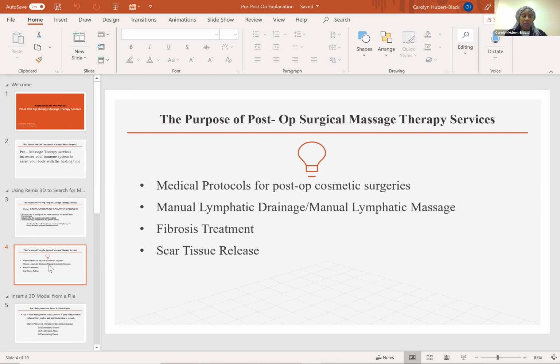What they did, because you would think that they would just reopen up the incisions and drain it out. As a licensed massage therapist, by law, I cannot reopen incisions to drain the fluid out. And any massage therapist, whether they are licensed or not, unless they are dual status, they should not be reopening your drainage points to release the fluid. So anyway, what the hospital did, in the hospital, to me, they